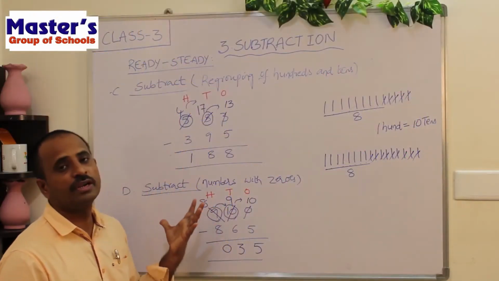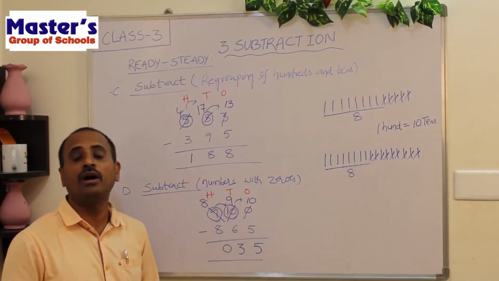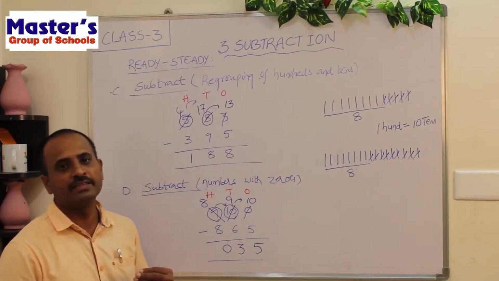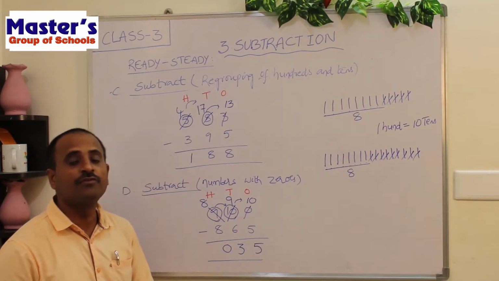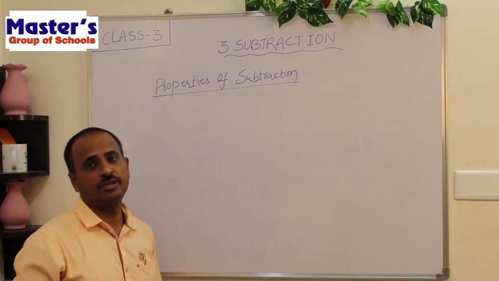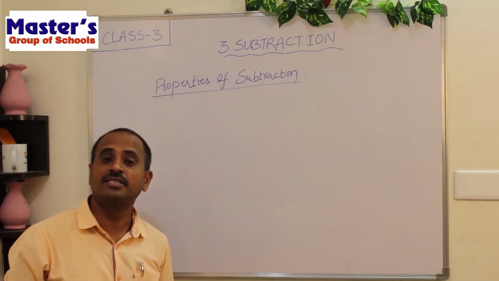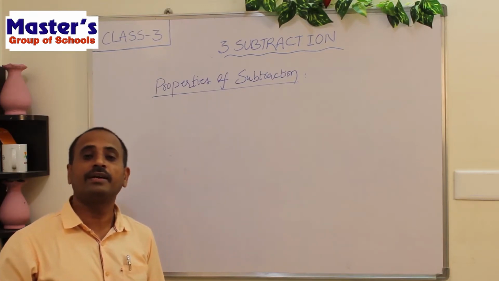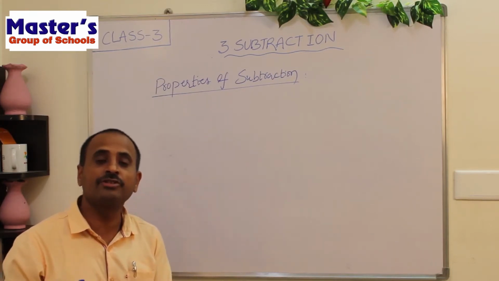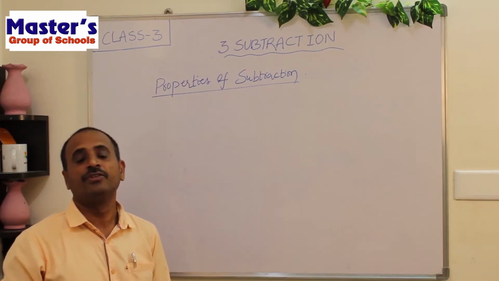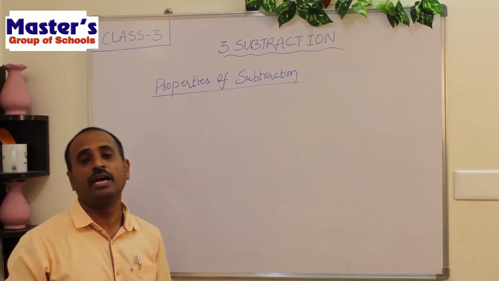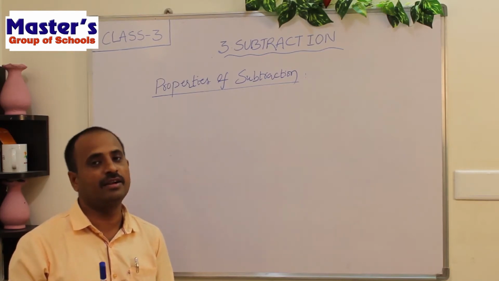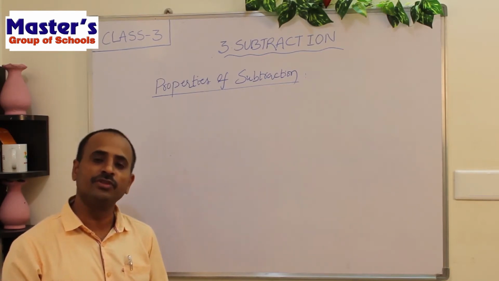So these are the four types of subtractions you have already learnt in the second class. Now we will practice the subtraction of four-digit numbers. Up to now we have discussed the part Ready and Steady. In that part we have practiced some subtraction of three-digit numbers without regrouping, regrouping of tens, regrouping of tens and hundreds, and subtraction with zeros.